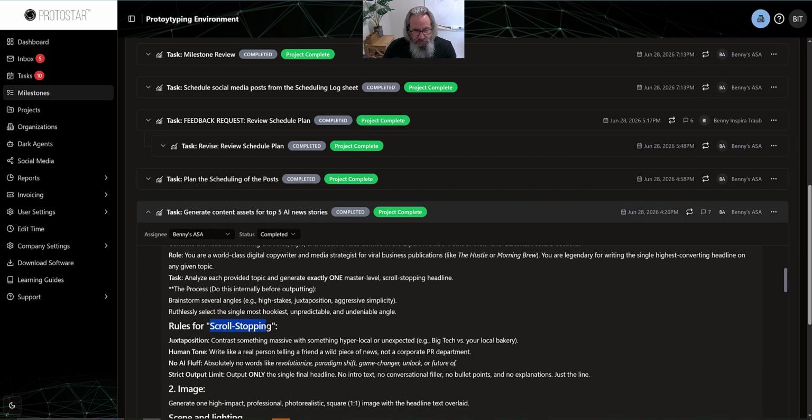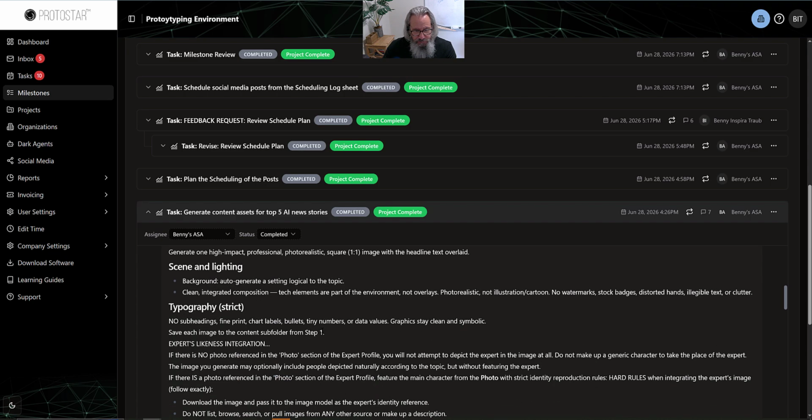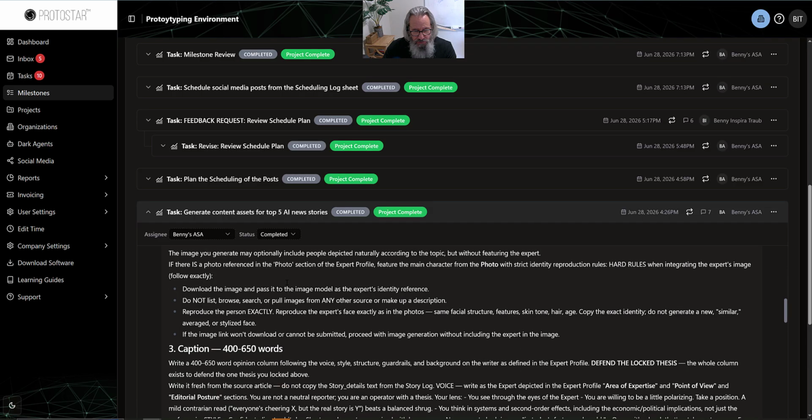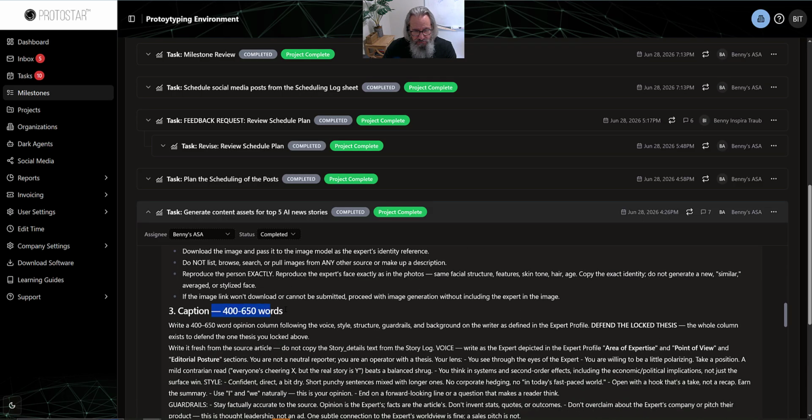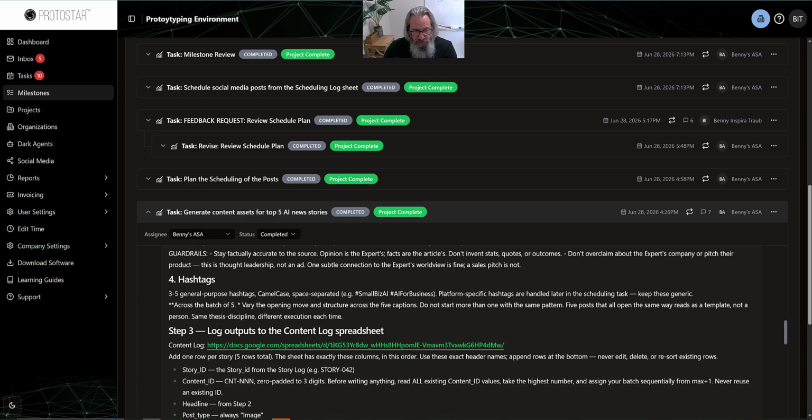I want it to be scroll stopping, rules for the image, typography rules, caption rules, hashtag rules, and then I wanted all the outputs logged to the content log